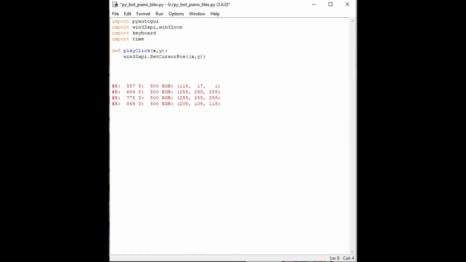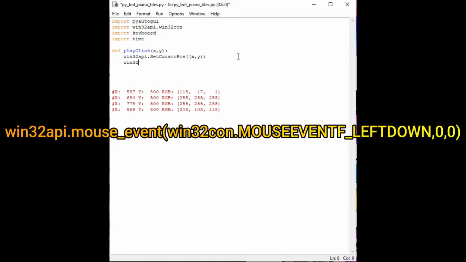So we will move the cursor to this position, which we will send as a value while calling this function, and now we need to click it. We need to left click it: press the button, wait for some delay, and release the button. That counts as a click. Now give win32api.mouse_event, and in the bracket win32con.MOUSEEVENTF_LEFTDOWN, everything in caps.